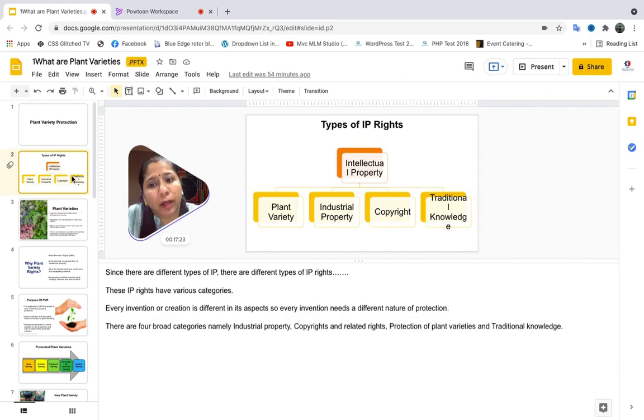Now we all know what are intellectual properties. Intellectual property is basically creativeness or